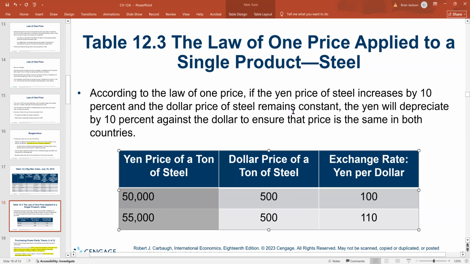And the dollar price of steel remains constant. So steel has not gotten any more expensive in the United States. Roughly speaking, American citizens who pay for steel in dollars say, hey, the price of steel hasn't changed. But if you were in Japan buying a ton of steel, you'd say, hey, there's been a 10% increase. Well, what would be the result then? The exchange rate implied by the law of one price in the first instance would be 100. You just take the first number